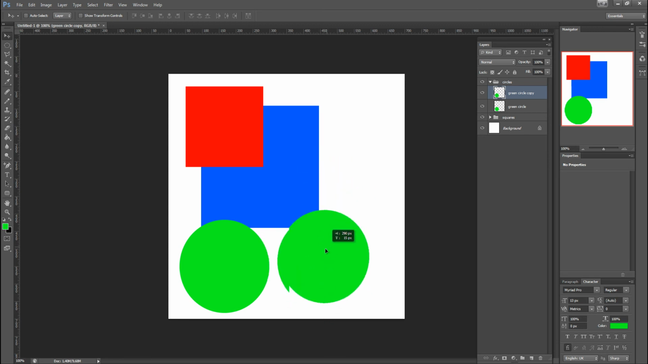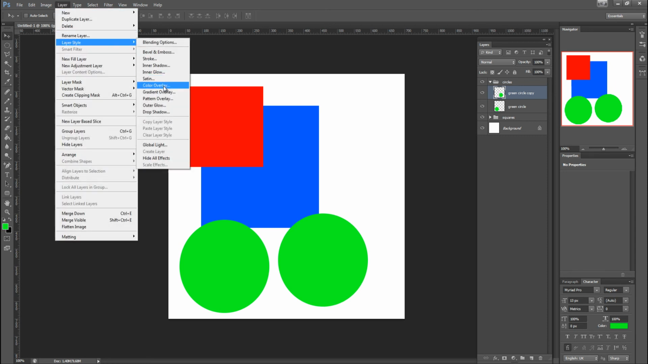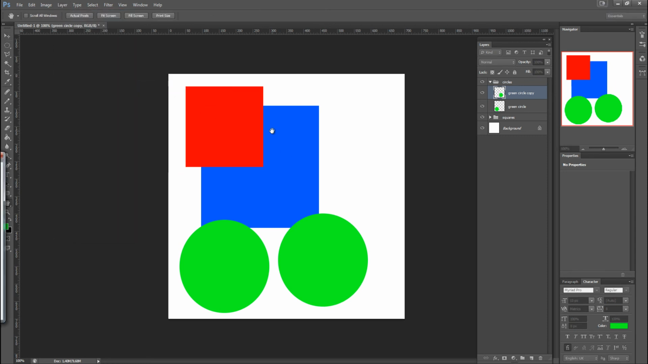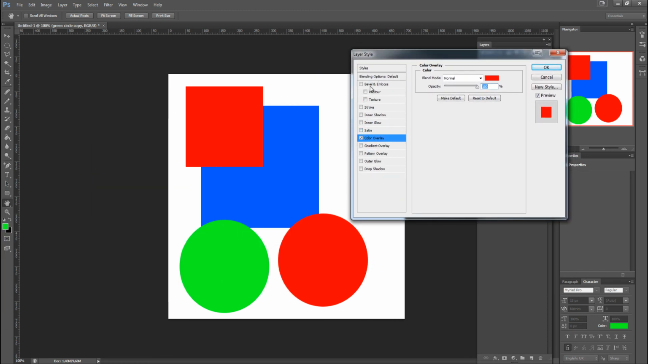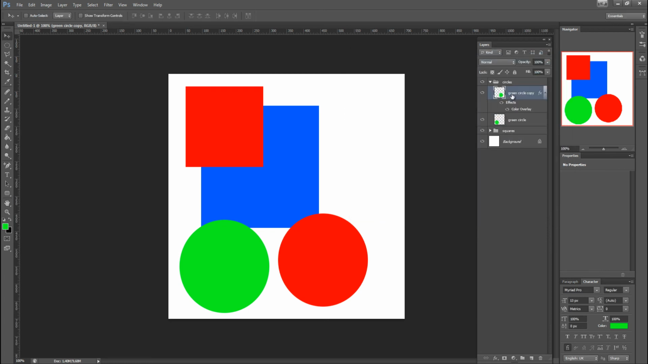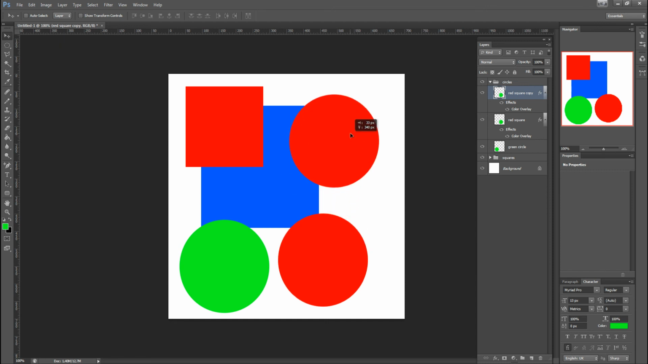somewhere else, and then we can go to layer, style, color overlay, and this brings up a pop-up with many options which we'll be covering in later tutorials, but for now let's leave it red. Rename the layer red square, hit Ctrl J again to make another duplicate of the layer, move it up,